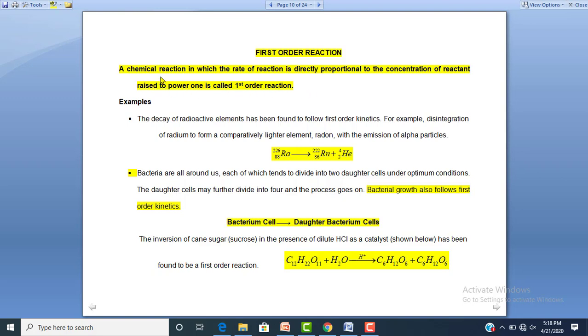A chemical reaction in which the rate of a reaction is directly proportional to the concentration of reactant raised to